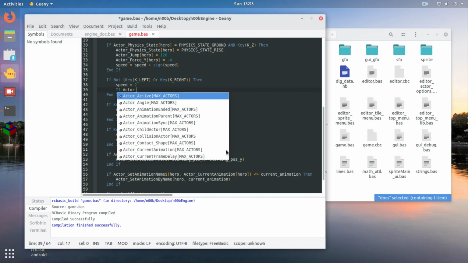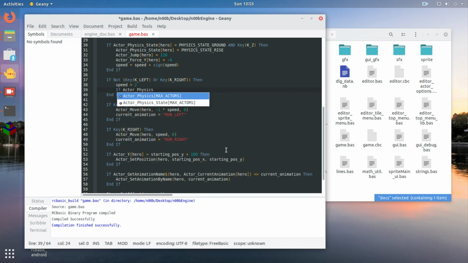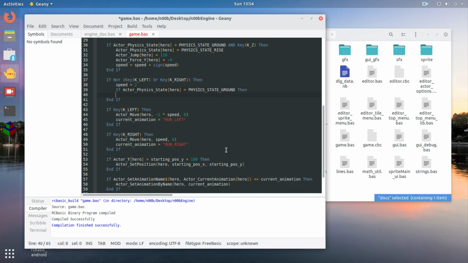So if actor, and we're basically wanting to check the physics state is on the ground, so that it's not stopping our jump animation, which we're going to set after this too. So if actor physics state is the ground, then we want to set current animation equals